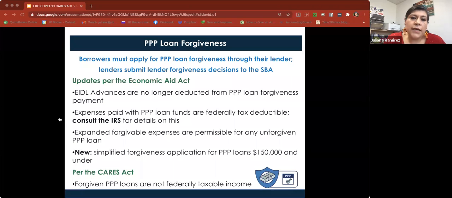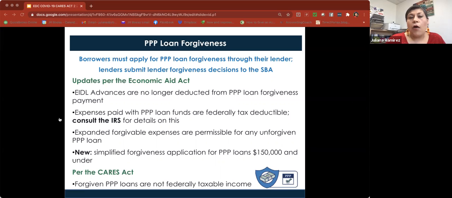While accompanying documentation is not necessary to submit the forgiveness application, you must retain these for your own records for 4 years, especially if your loan, or your account, gets selected for a review. It may just be a routine review, you are going to be asked for this. So even though the latest legislation has simplified the process, and it is really just an attestation that everything that you are claiming on that forgiveness application is true and correct, and you don't need to submit anything, they're still going to require documentation in the event that you are